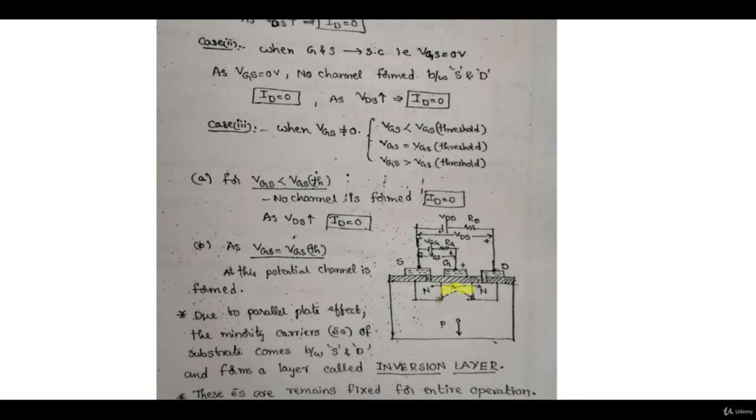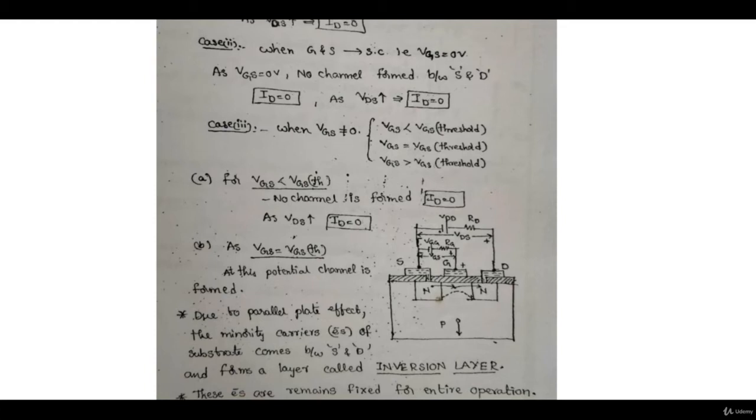So in the P type substrate, whatever electrons were there, because of this positive terminal, got attracted and made a channel. At the same time holes got repelled as well, hence the channel is made. So that is how the channel is being made. This happens when you apply a proper value of VGS, and this is in the positive direction.